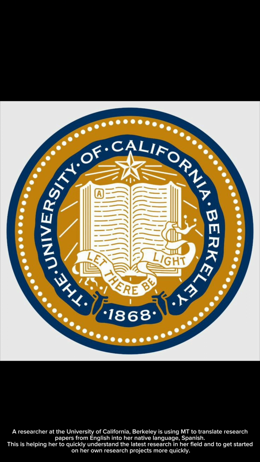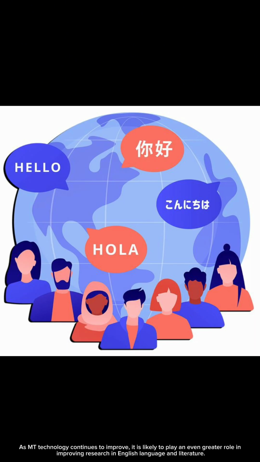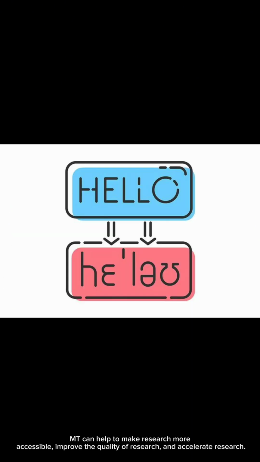This is helping her to quickly understand the latest research in her field and to get started on her own research project more quickly. As machine translation technology continues to improve, it is likely to play an even greater role in improving research in English language and literature. Machine translation can help to make research more accessible, improve the quality of research, and